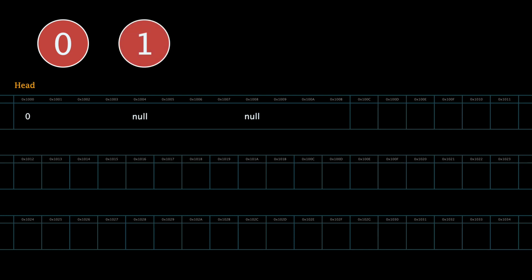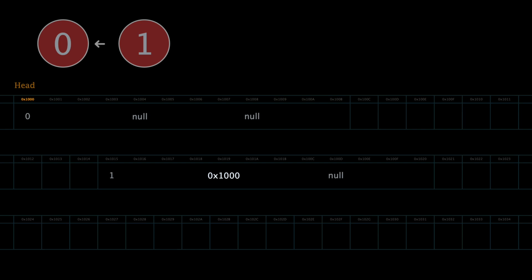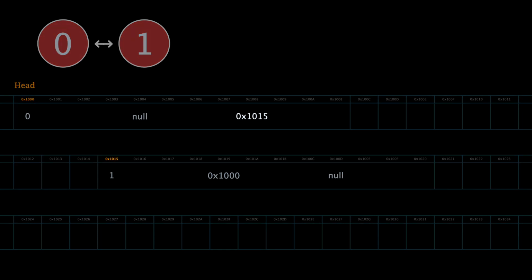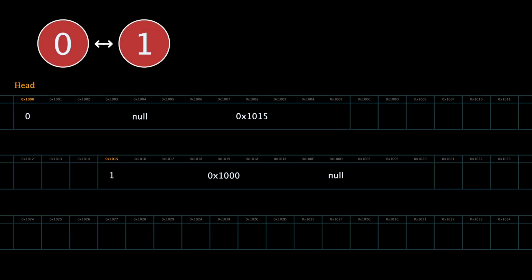First we allocate a 12-byte block of memory for the new node to store its value and the two references. We then update the second node's previous reference to point to the head, and the head's next reference to point to the second node. This connection ensures that the nodes are properly linked. The second node, which happens to be the last one, is called the tail.